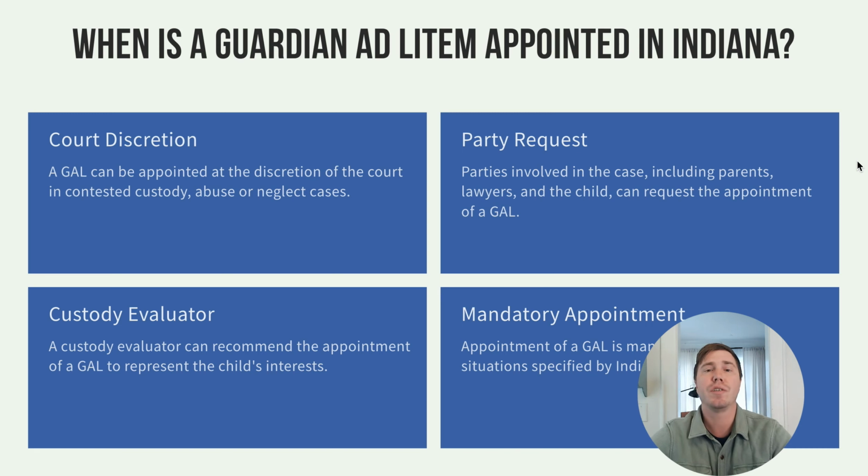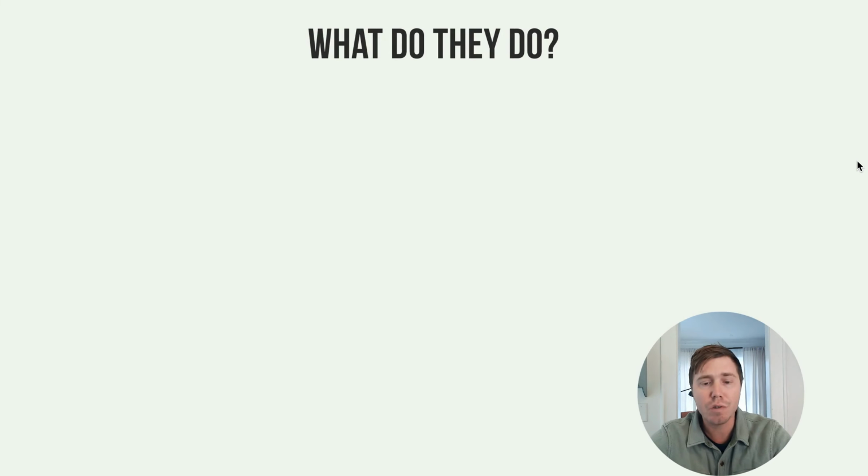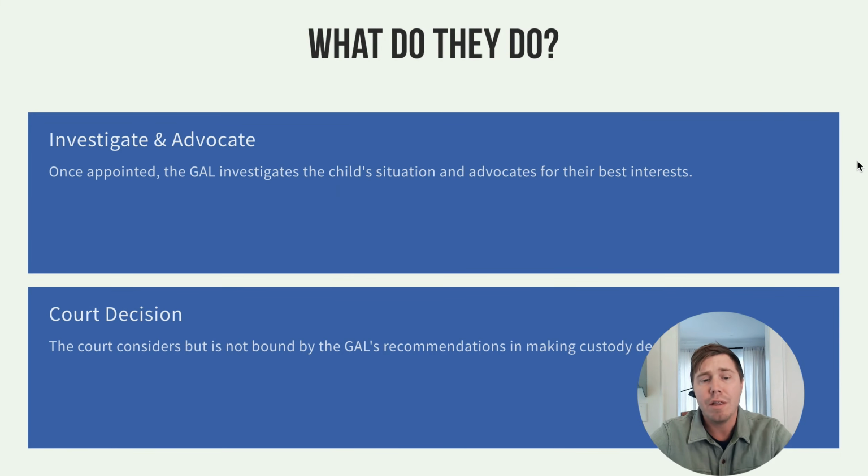And there are certain situations, types of cases where guardian ad litems are required. A lot of times guardianships will require one. Certain Department of Child Services cases will also require guardian ad litems as well, who are there to advocate for the children. So ultimately, what do they do? They go out and investigate. Like I said, they are the eyes and ears for the court. So they oftentimes will talk with the parties, they will talk with the children, they'll also meet with the children and the parents, and then they can also talk to other people such as the child's therapist, the child's teachers, doctors. They will go out and get information and ultimately create a report.